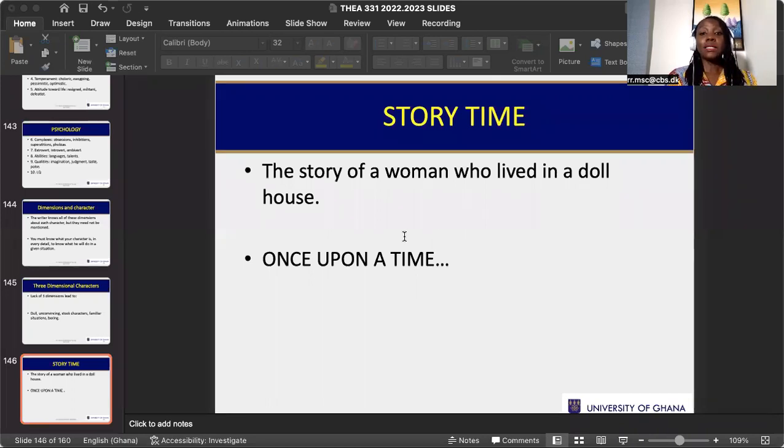Then the maid brought a letter for Nora from Krogstad whilst he was in his rage. And so he takes the letter from the maid and opens it. In the letter, Krogstad states that he regrets his actions and asks for her forgiveness. He returned the note that ties her to him in debt.